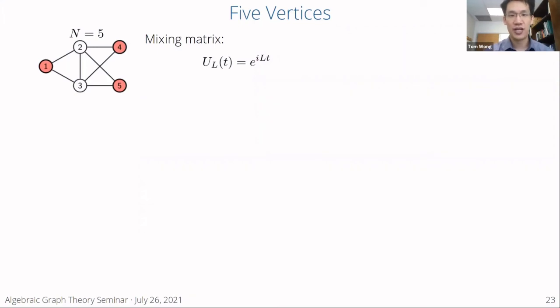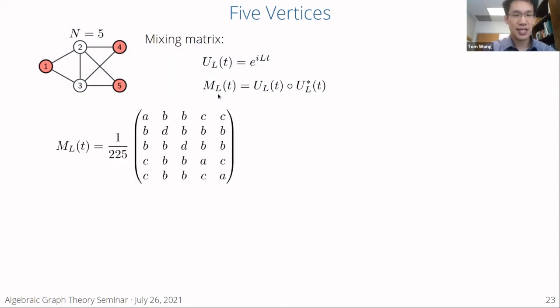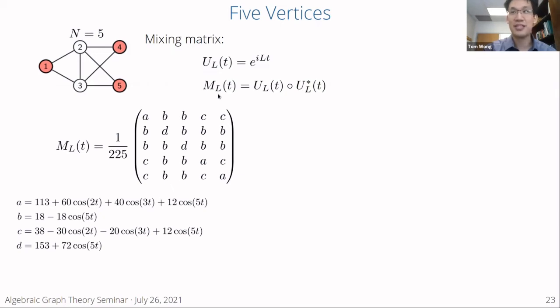So for the Laplacian quantum walk, it evolves by multiplying the state by e^{-iLt}. You take this matrix that I'll call capital U, and you multiply it element-wise by its complex conjugate. When you do that, you get a matrix that looks like this, where A, B, C, and D are too long to fit, so I wrote them down here separately. And this has a physical interpretation. The first column is the probability distribution if you start at vertex 1. The second column is the probability distribution if you start at vertex 2, then vertex 3, 4, and 5. So this is basically working out all the probability distributions at once.